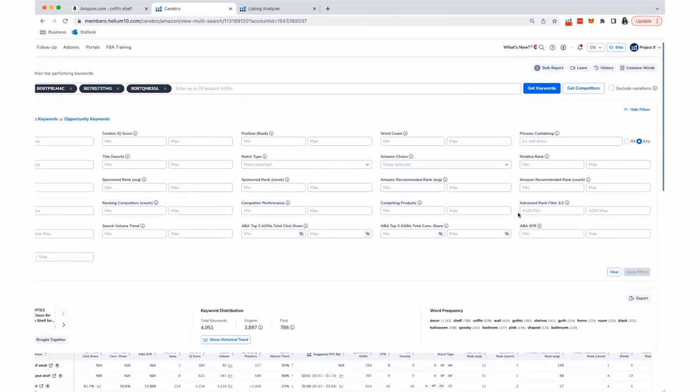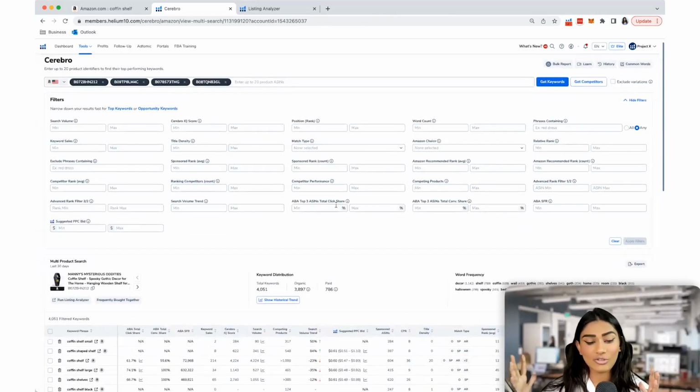Let's jump back out of this box right here and go back up to these filters. So here I told you you had the option of kind of sectioning out these filters from 4,000 into a more reasonable number of keywords that you will actually want to use for your listing. Of course, there's a number of ways you can do this, and I won't get the chance to cover all of that today. However, I will talk to you a little bit about a few different strategies.